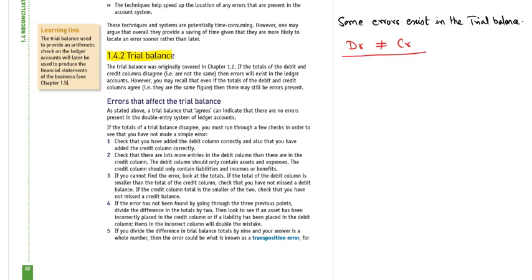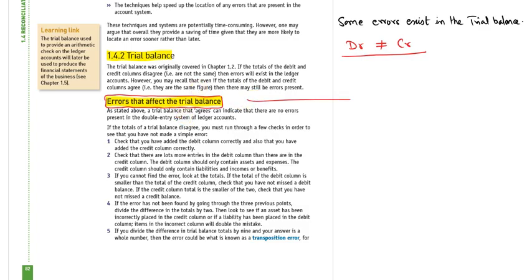The main area which we focus on is the errors that affect the trial balance. This is the examiner's favorite area, which the examiner must ask the student. So these are the factors, the errors that affect the trial balance although the total of the trial balance agrees. For example,